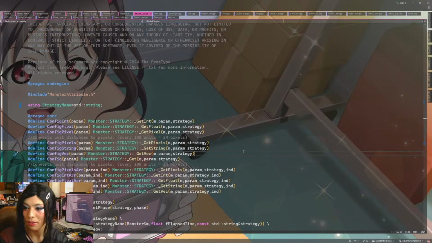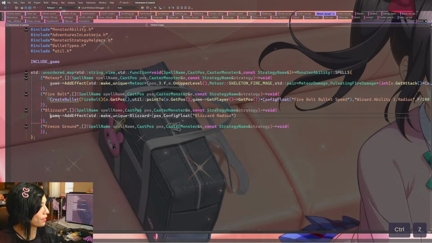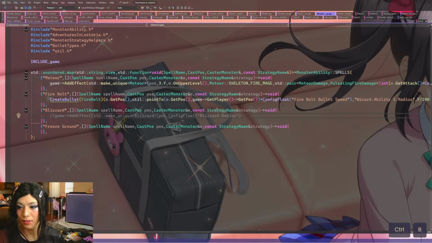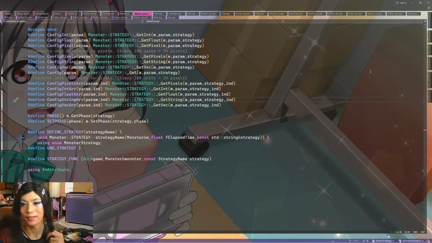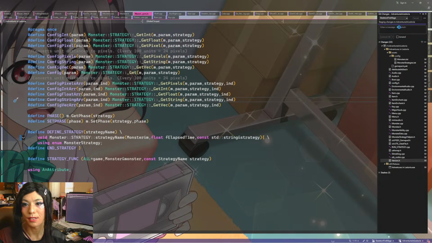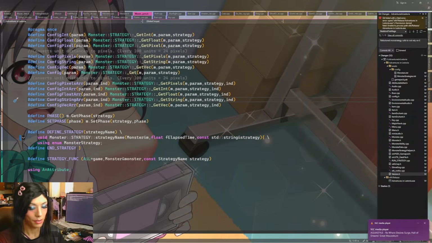So we are out of time, but I am glad we're at a point where the game compiles again and runs. I'm actually going to comment this out and commit this, because it's pretty important to be at a stable build again. And yeah, let's get that. So this is: refactored monster strategy calls to not rely on the string name of the strategy.